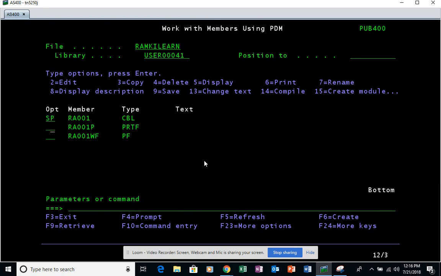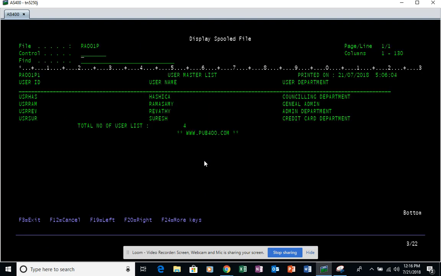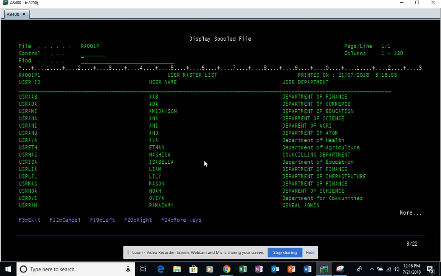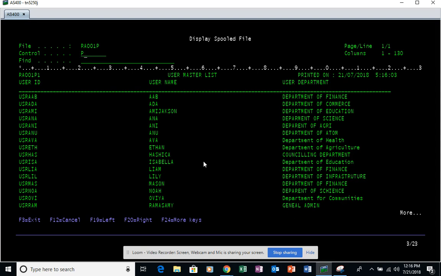After calling the program, if you see the spool file, this is our first spool file, correct? Sorry, this second one is the new one. The first one has 4 records, correct? When you come to the second one, if you page down, you can see 18, correct? But if you put p plus 1,